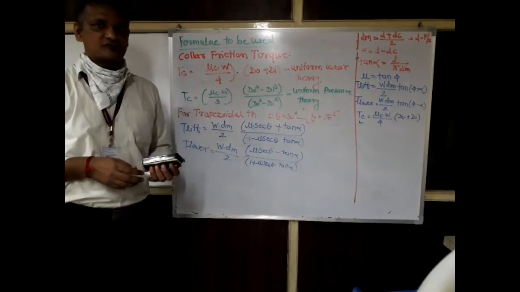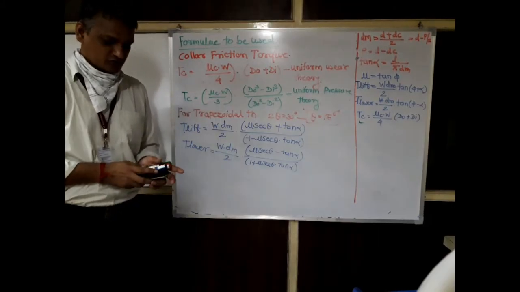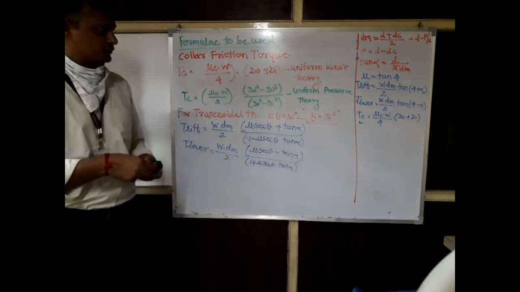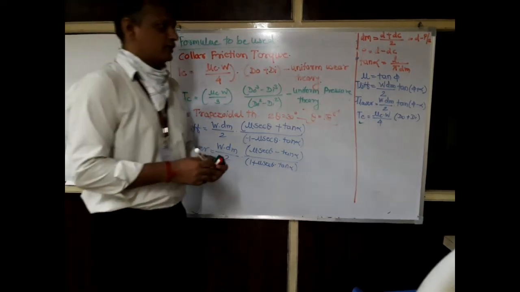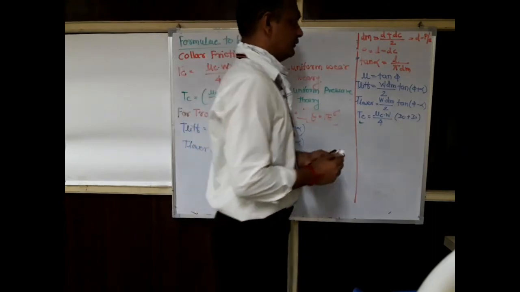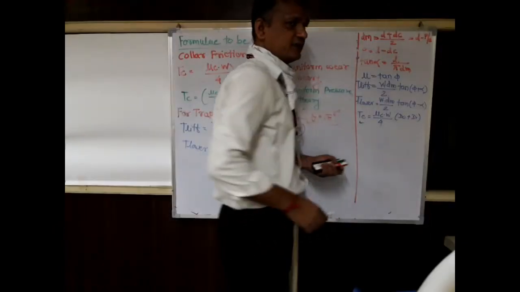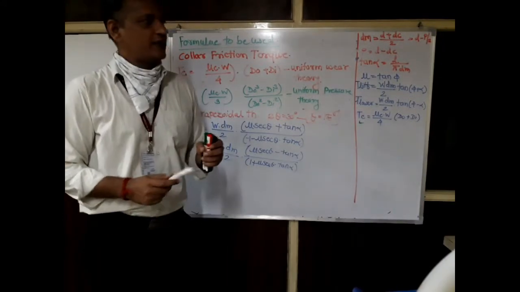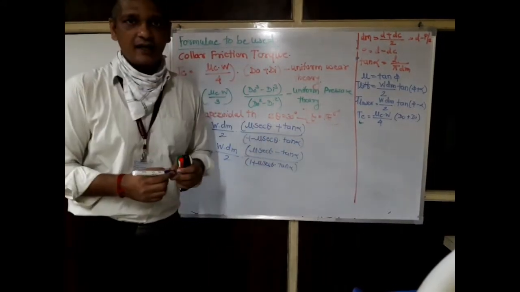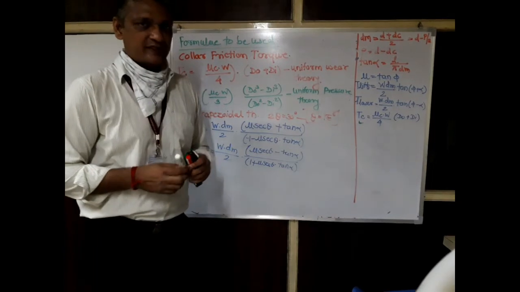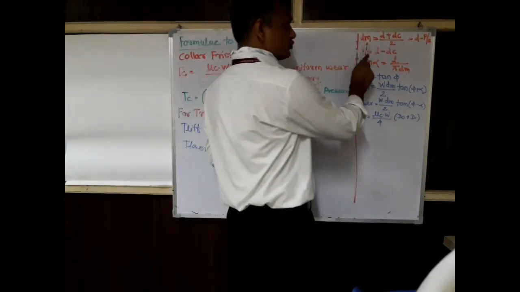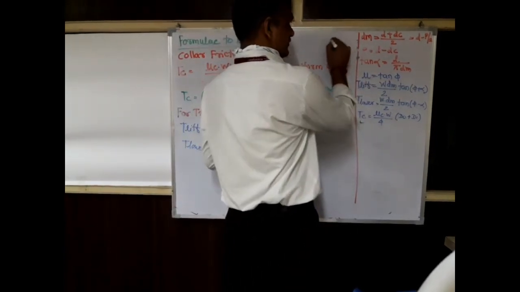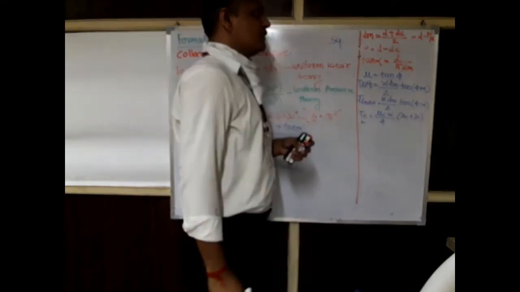Now we'll discuss the various formulae that are used in the solutions of the numericals of the power screw. First, the formulas for the square threads, where we want to find three different diameters. Nominal diameter is represented as D, core diameter as DC, and mean diameter as DM. Therefore, specifically for the square thread, DM is calculated as D plus DC